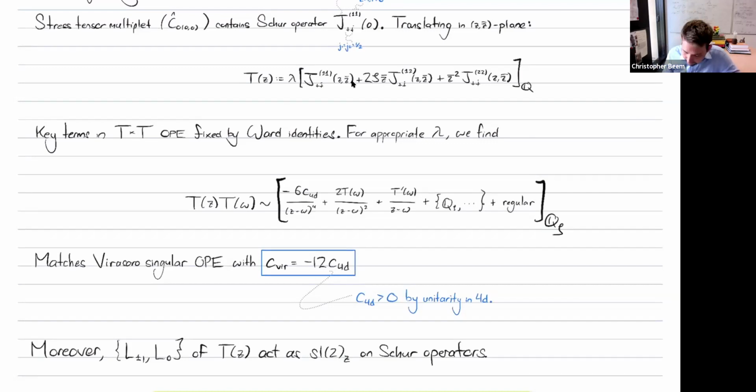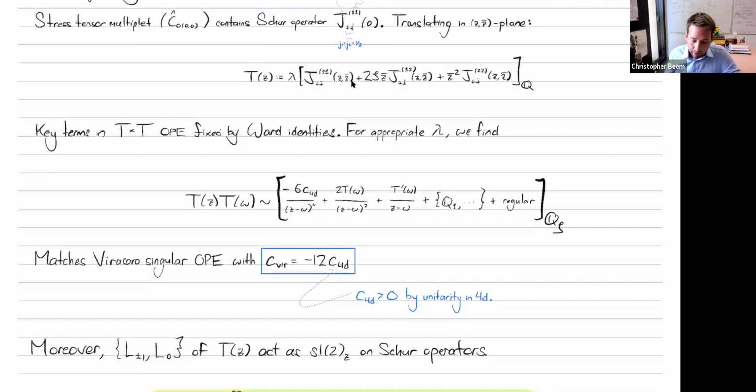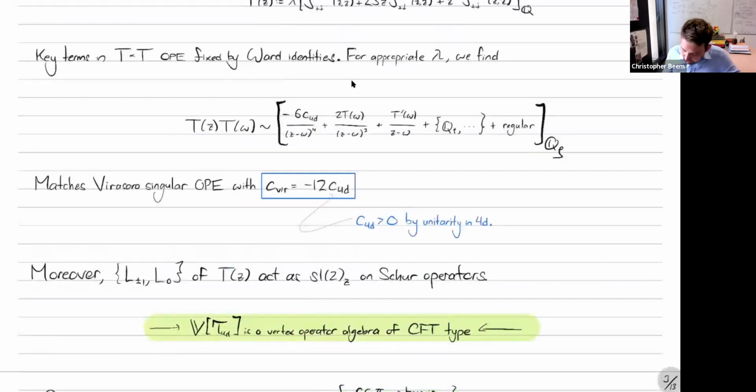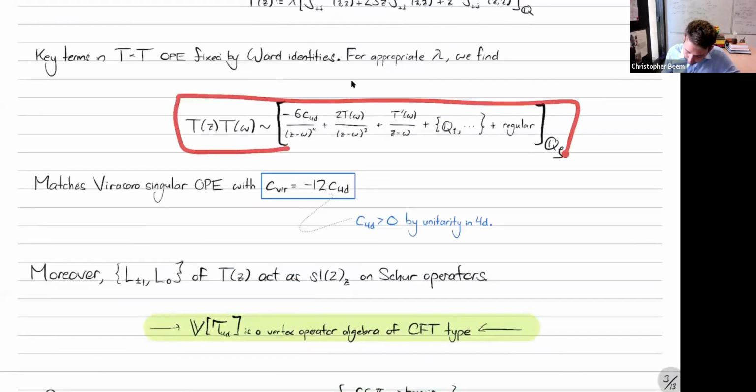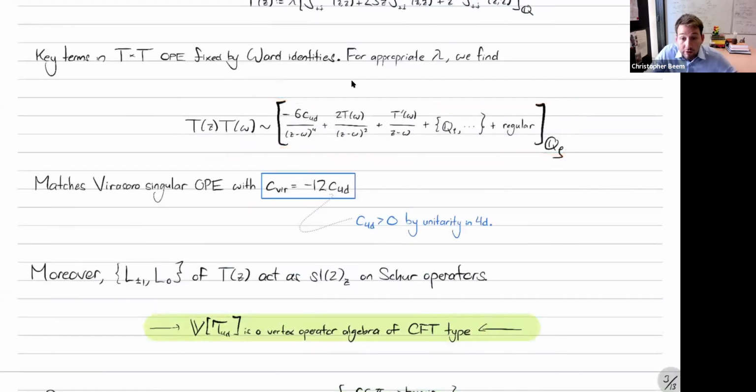So there's some technical calculations you have to do. But you can work out that up to Q-exact things, you're going to get exactly an OPE that looks like the Virasoro OPE, the Virasoro vertex algebra OPE, where the key ingredients are this term, no cubic term, and